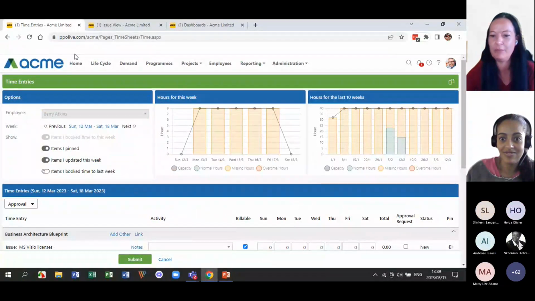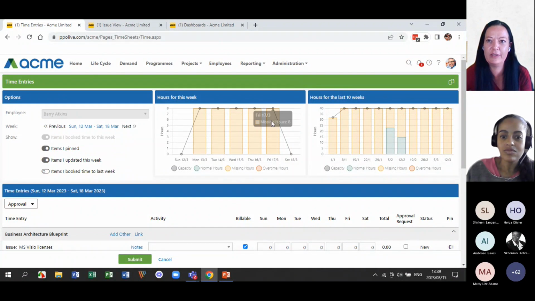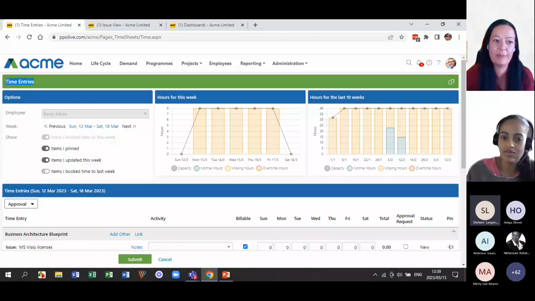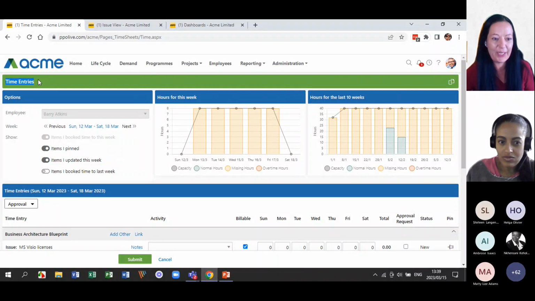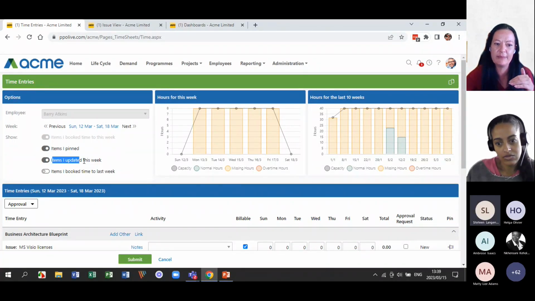Okay, cool. Before I hand over to Christian, I just want to share one last improvement that we have made to conversations. So for clients that use PPO for time entries, there might even be clients on the call that aren't aware that you can do time entries in PPO. But for the clients that do time entries, you will already be aware that if you update something like an issue, a risk, a task, these items automatically pop up on your timesheet page when it's in this filter, items